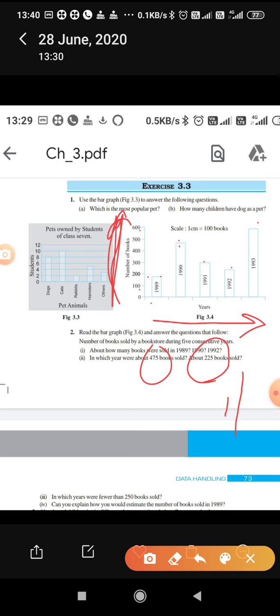In the last year also we have seen the graph. In one box we count the lines, and we are having 10 lines. It means that one line contains 10 books, because 0 to 100 is there. So the 10 lines will contain 10 into 10, 100 books. Here one line contains 10 books. They have asked in 1989 how many books were sold. It is approx 180. So we have completed the first and second part.